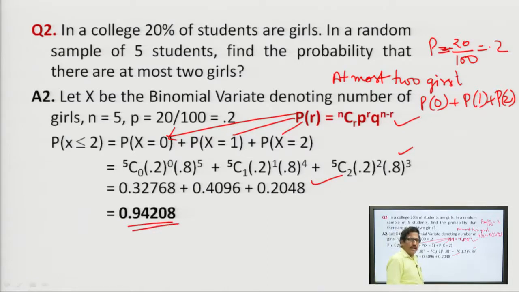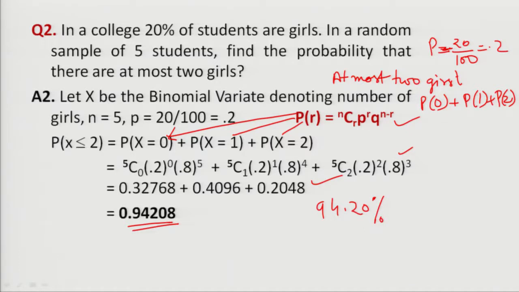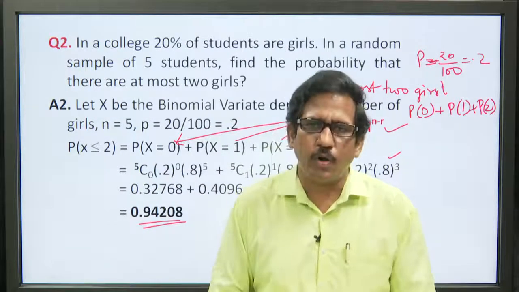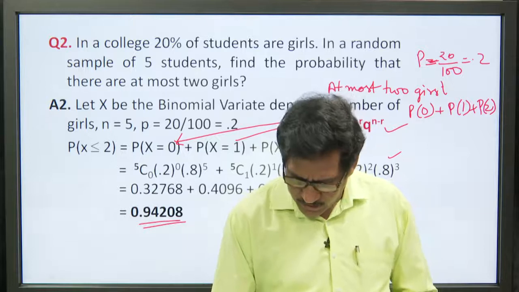0.9428. In terms of percentage, we can say almost 94.28% chance that at least 2 girls are chosen for a particular trip in the school in which 20% students are girls. This is the typical case of questions of probability. Next question, we just see